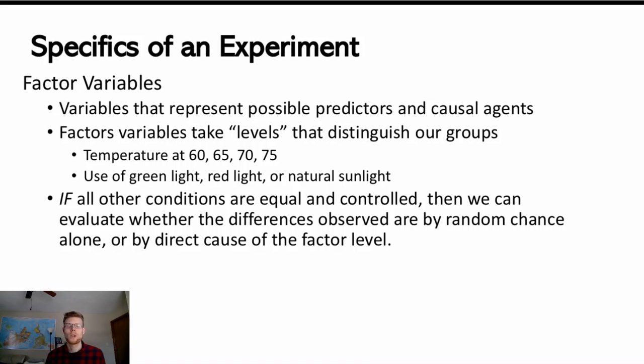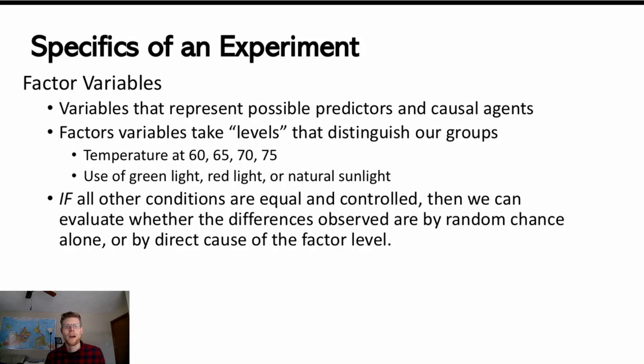We might have green light, red light, or natural sunlight as different factor levels that we're comparing for each group. We could also, as we'll talk about at the end of the chapter, have multiple of these factors at the same time. So we might have a group that has temperature of 60 with green light, temperature of 60 with red light, temperature of 65 with green light. So we could vary the different combinations of factors and